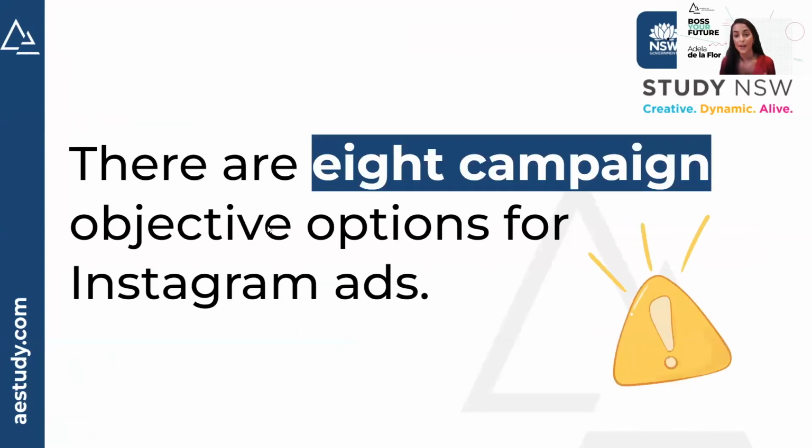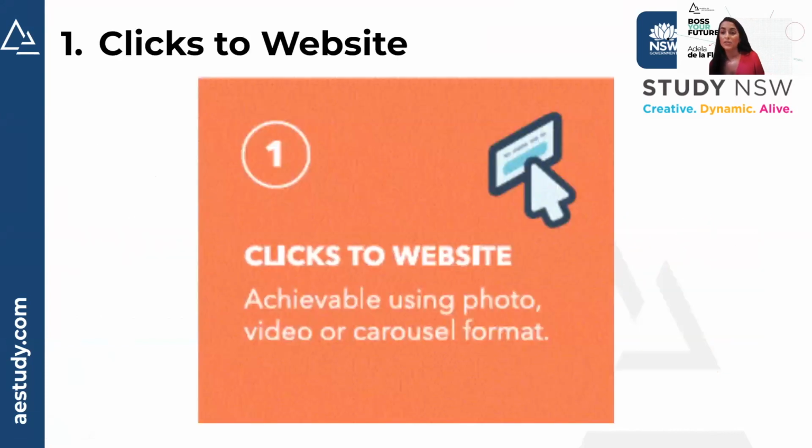So here there are 8 campaign objective options for Instagram ads. Clicks to website. If you do this campaign, you need to be aware. The title is very clear, it says clicks to website. So don't expect conversions. It's just going to get a bunch of people clicking to your website. So if this is what you want in your business at the moment, this is the campaign you should do. But if you want any other goal, don't do it, because you are going to get this. You're going to get clicks to your website from random people